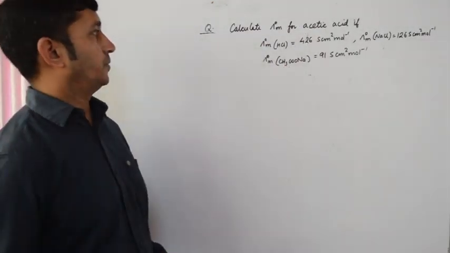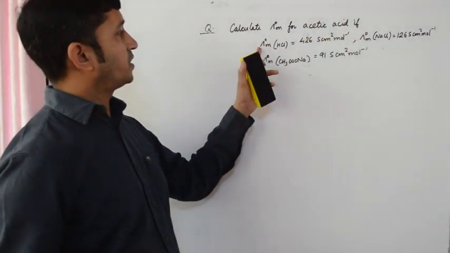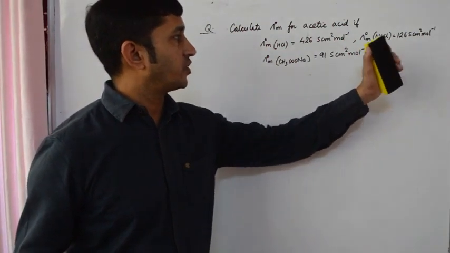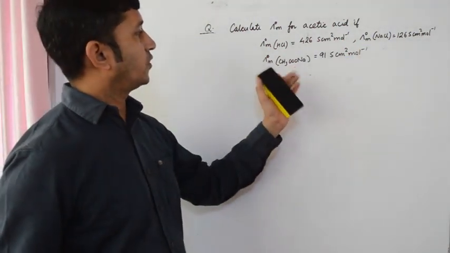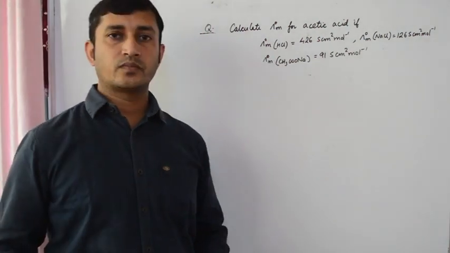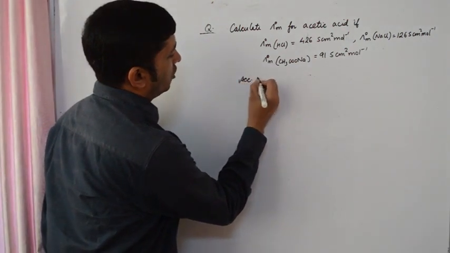Now here is the question. Calculate limiting molar conductivity of acetic acid if limiting molar conductivity of HCl is 426, for NaCl it is 126 and for sodium acetate it is 91 Siemens centimeter square per mole. So here we will see that according to Kohlrausch law,